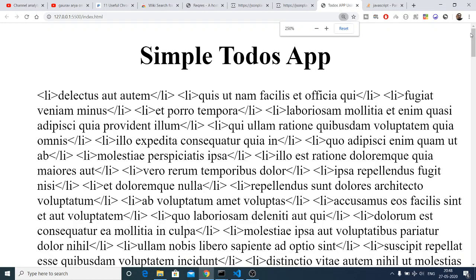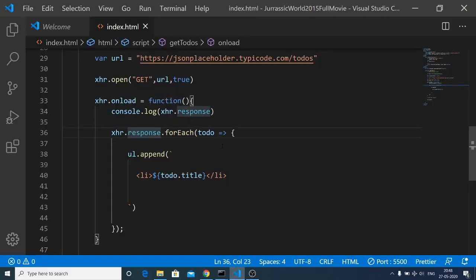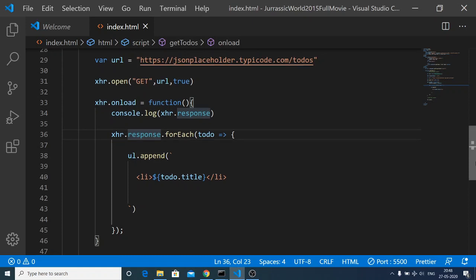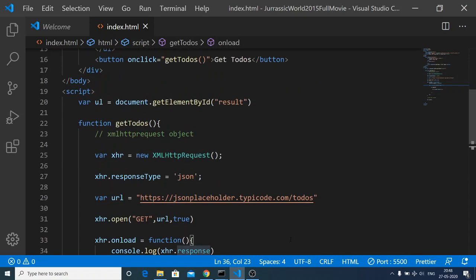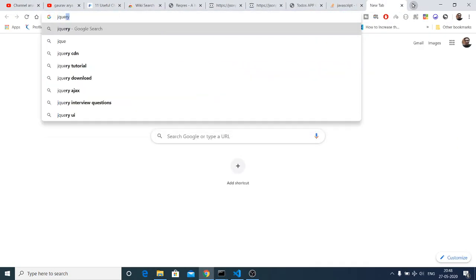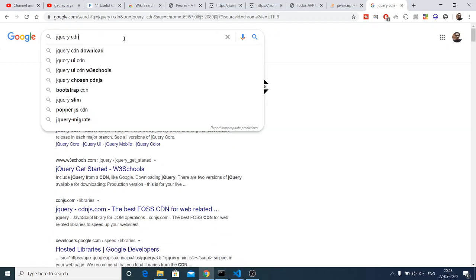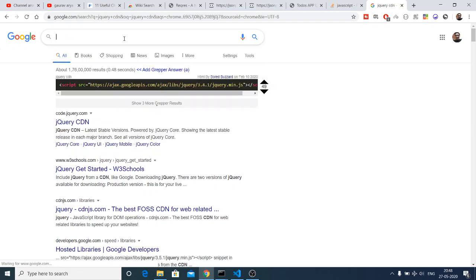So what is happening here is it is not parsing the HTML. For that I think that we need to use some jQuery. So we can include the jQuery function here, jQuery CDN. Or what we can use here is JavaScript.